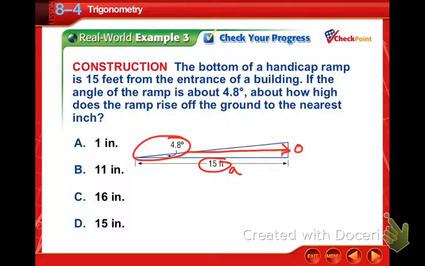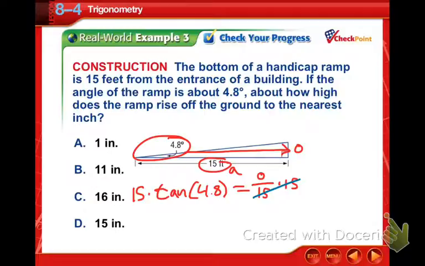So we're going to use tangent. So we have tangent of 4.8 equal to our opposite, which is what we're looking for, over our adjacent of 15. And once again, all we have to do is multiply by 15. So it cancels the 15 on the right, and we're left with our opposite being 15